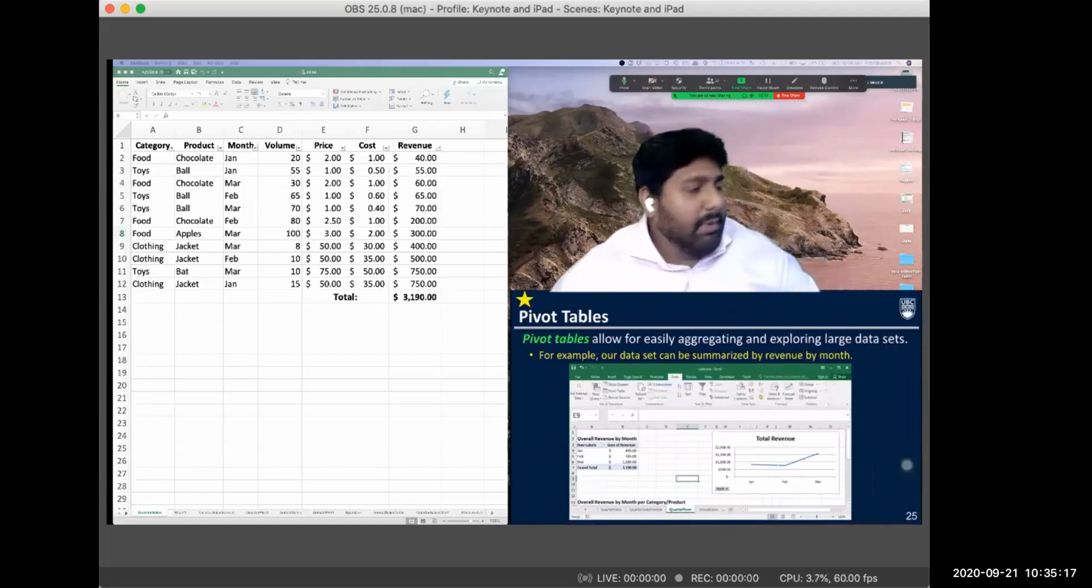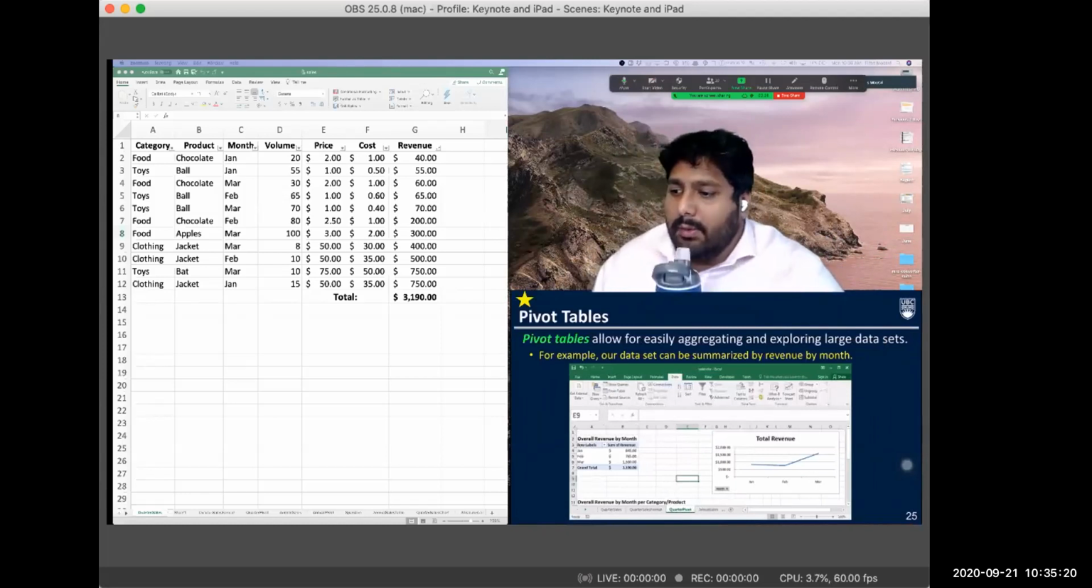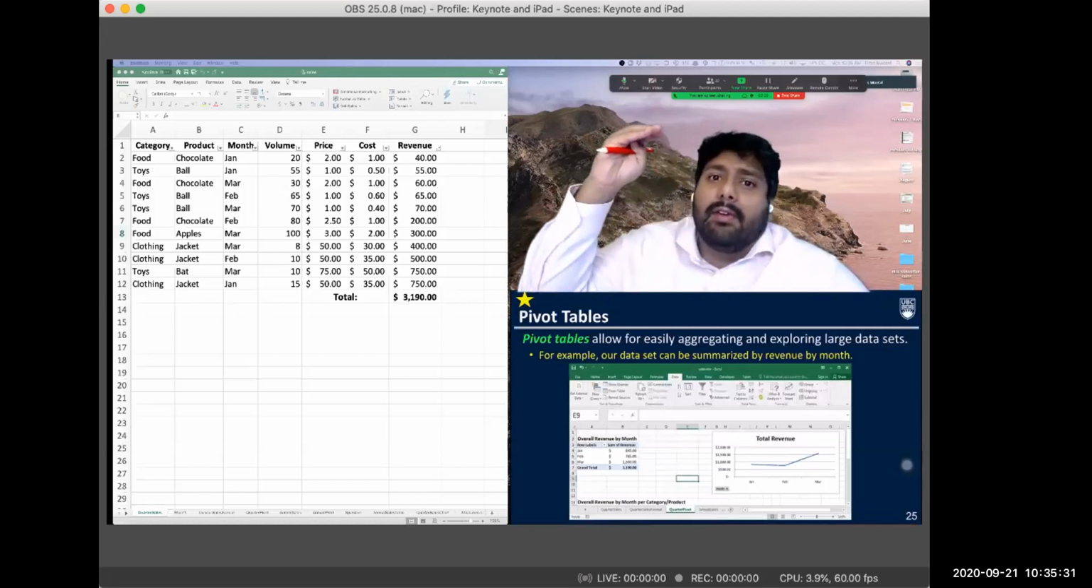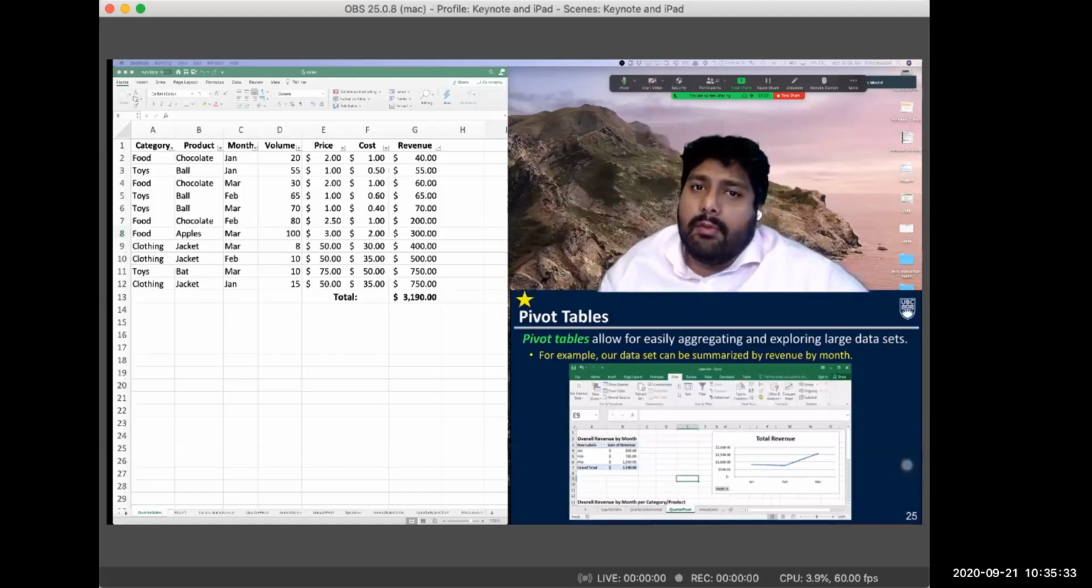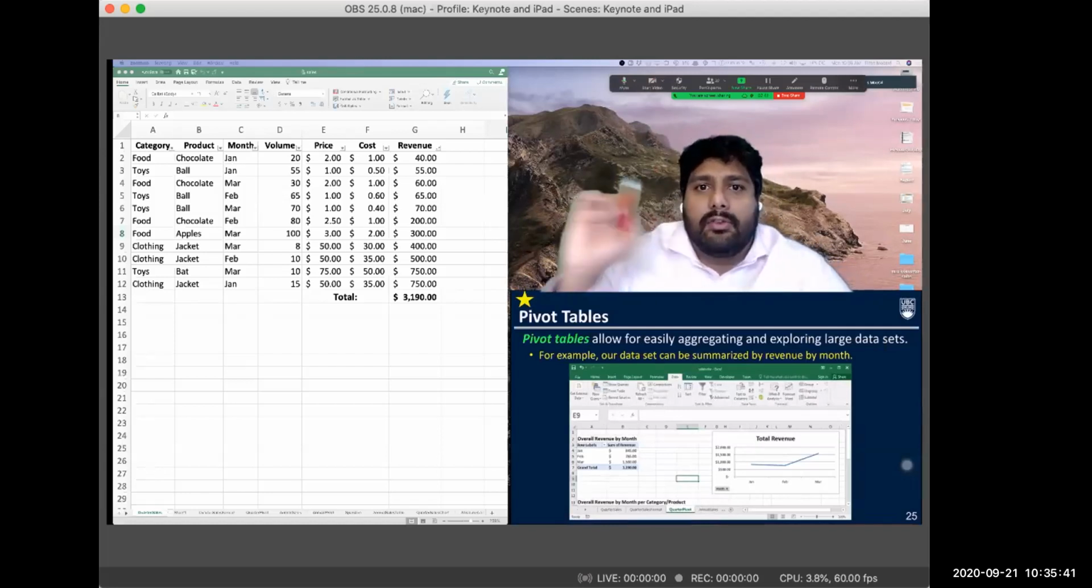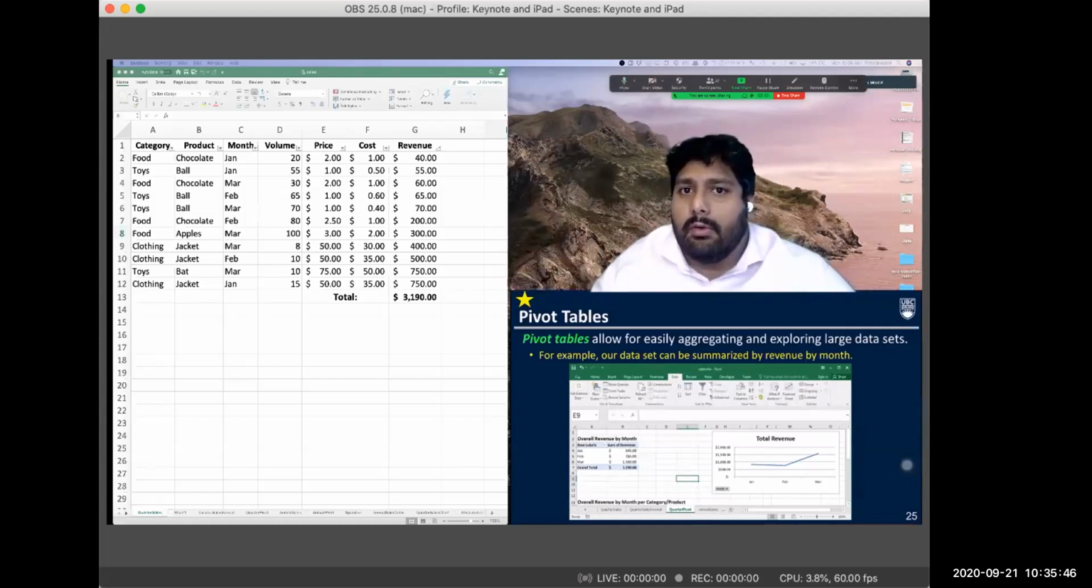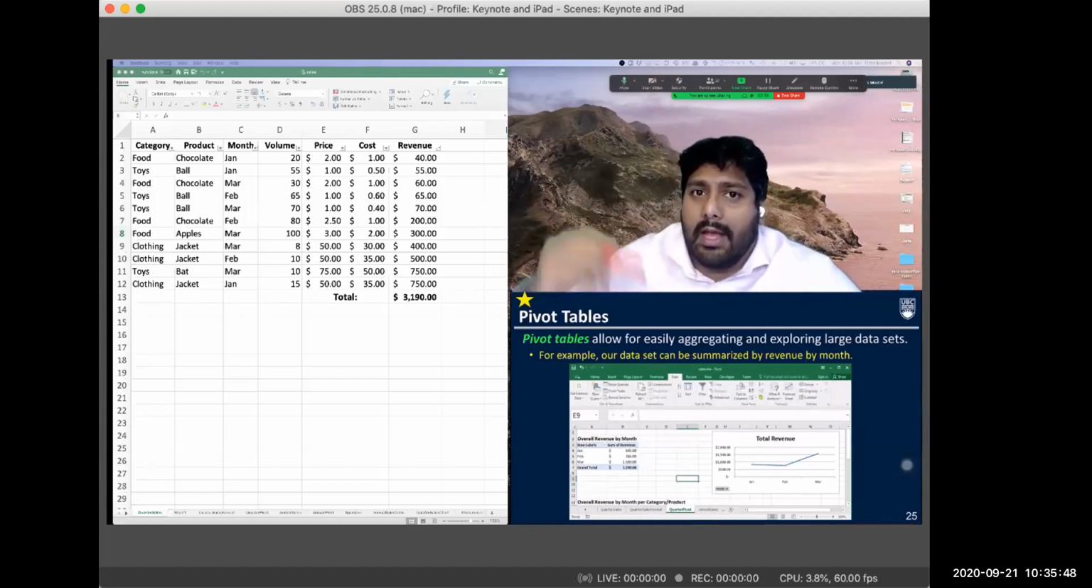All right, so pivot tables. We're going to go through pivot tables pretty quickly. But pivot tables allow you to aggregate and explore large data sets. So if you have 100 stores and you are selling 50 products in the store, you can have a table where you have for each store every transaction that's occurred in a particular day or month or week. So you can have a list of those